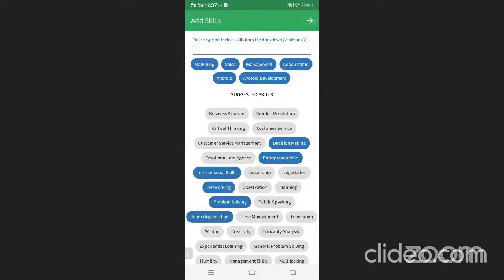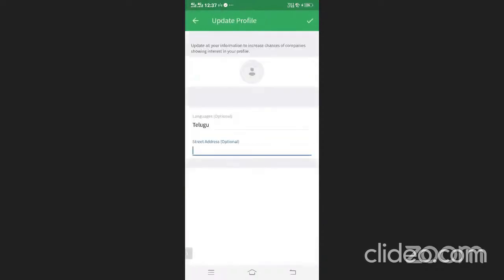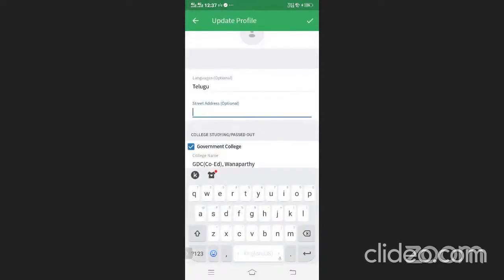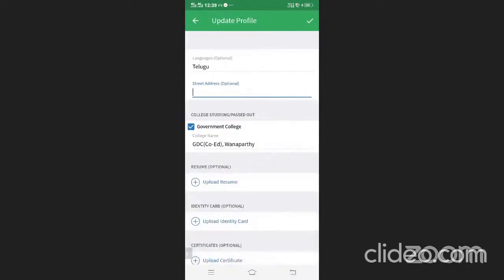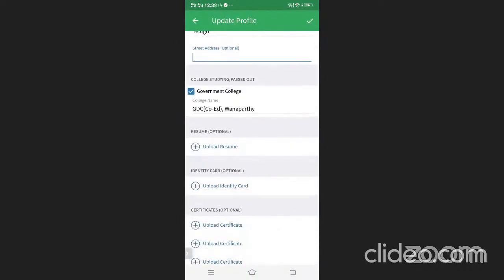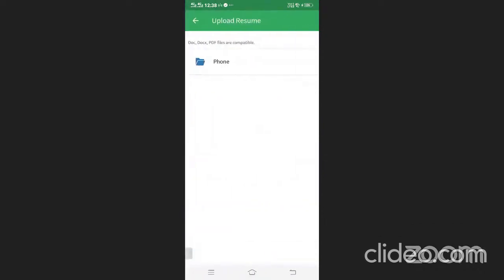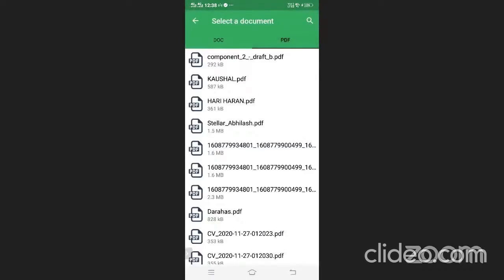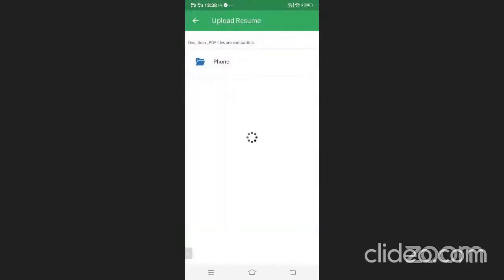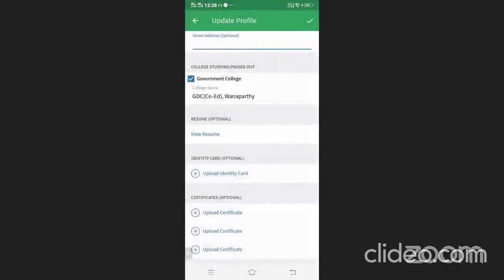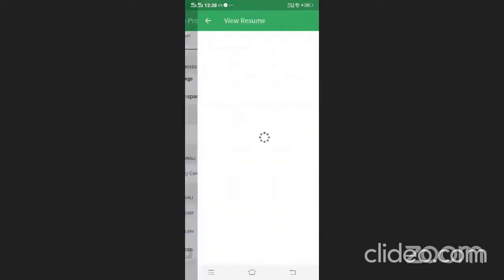So after the student chooses the skills, the student can go to the next screen. From the next screen, he or she can upload their resume. How do they upload their resume? The first section is upload resume. Choose any doc files or PDF files. There is a PDF file which I have ready of a resume. I've already uploaded this resume. Now, if I click on view resume, I'll see my resume over here.